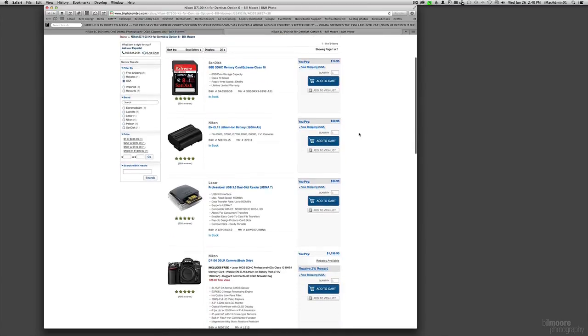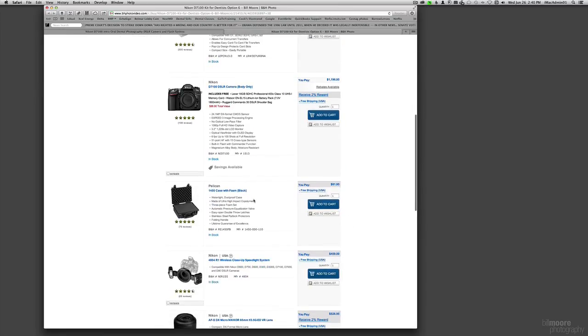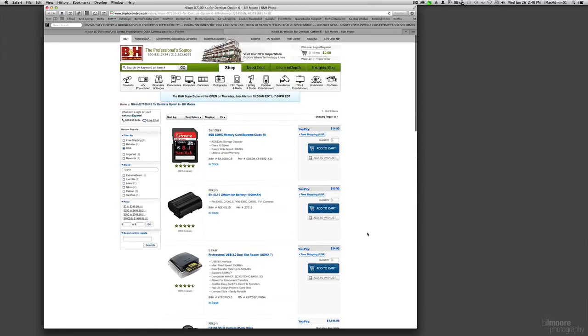The nice thing about this is that if you already have a card reader, you don't need to buy another one. You can just not add that component to the cart. If you don't want to buy the case, you don't have to do that, and so forth and so on. So you can kind of fine tune what you want, or just go ahead and buy all of the